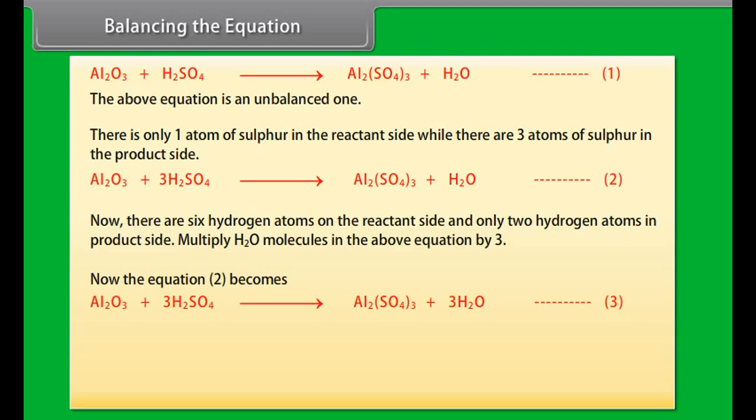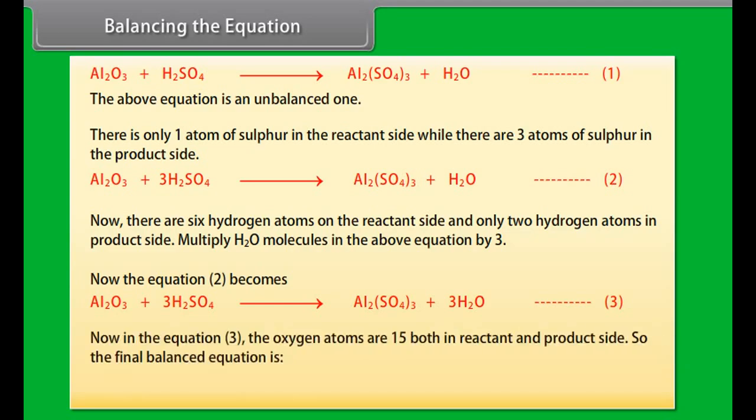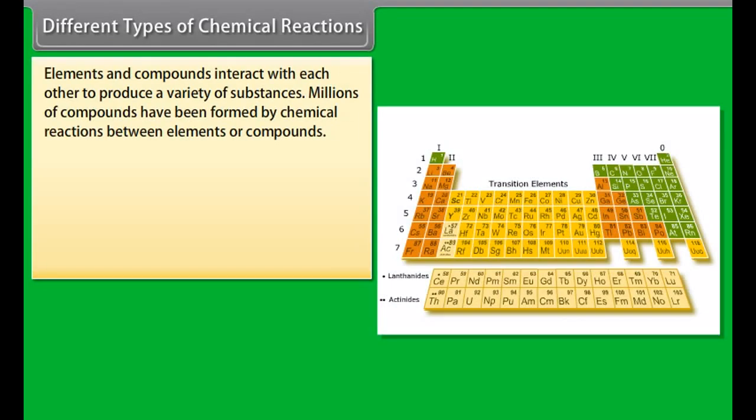Multiply H2O molecules in the above equation by 3. Now equation 2 becomes Al2O3 plus 3H2SO4 gives Al2(SO4)3 plus 3H2O, which is equation 3. Now in equation 3, the oxygen atoms are 15 both on the reactant and product side. So the final balanced equation is